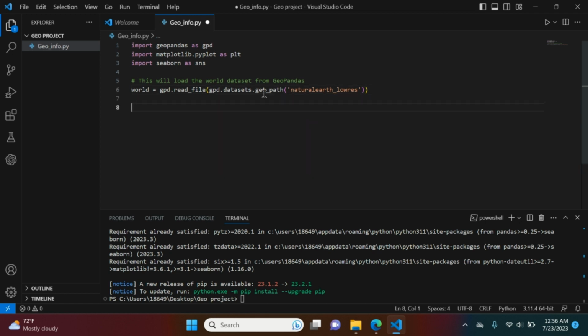Okay, now that we have that set up, we're going to create a sample that's going to hold the different